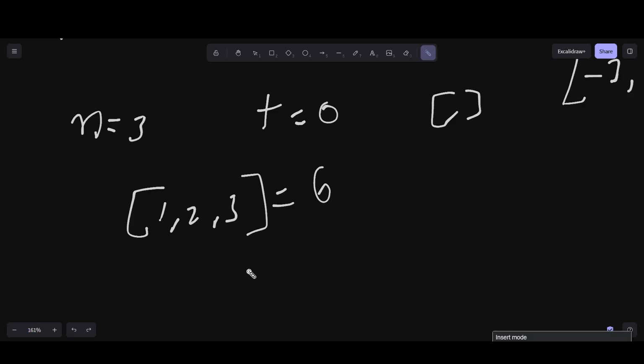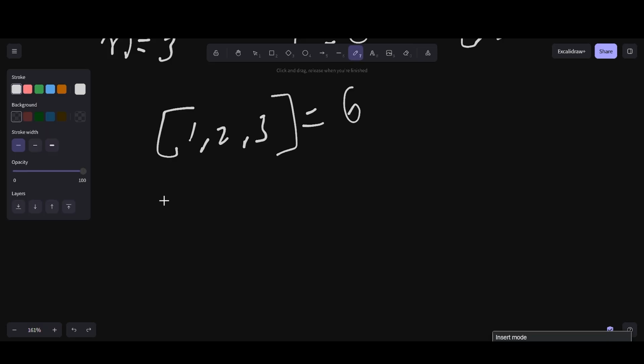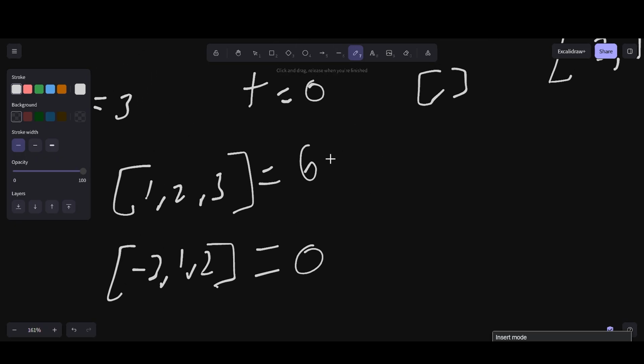So first we're going to minus this 3. What happens if we minus this 3? The array should look like minus 3, 1 and 2, and the sum is going to be equal to 0. So how are we going to calculate this? We have the total sum, then minus. What number are we going to minus? It's a 3. We're going to make this 3